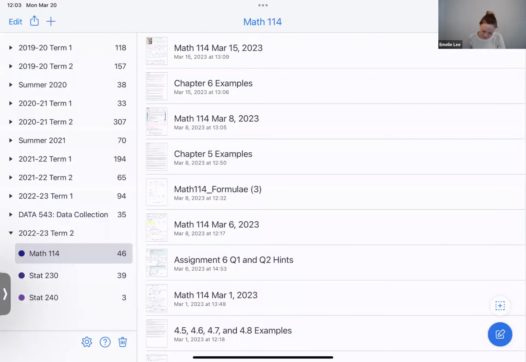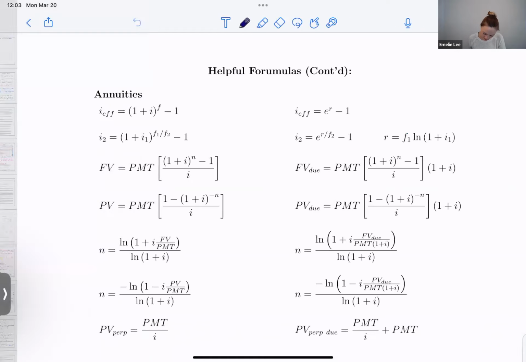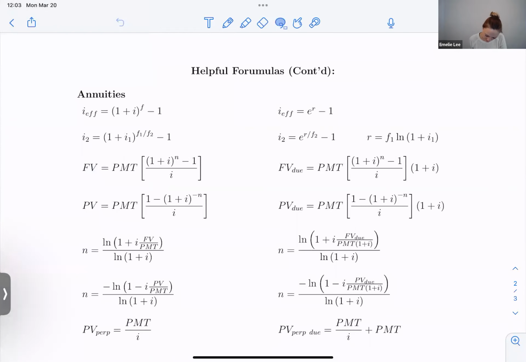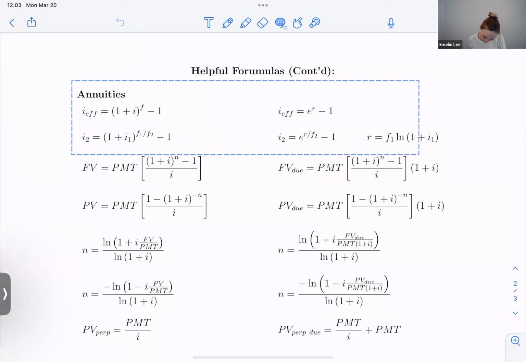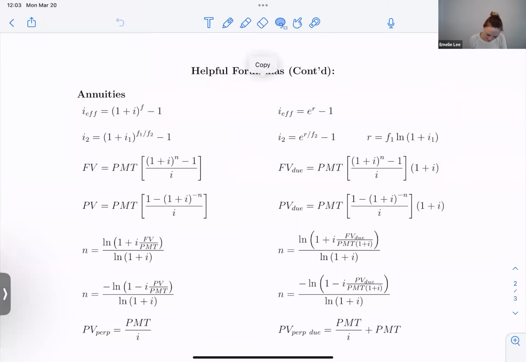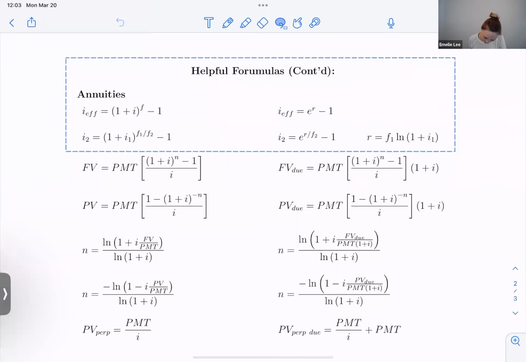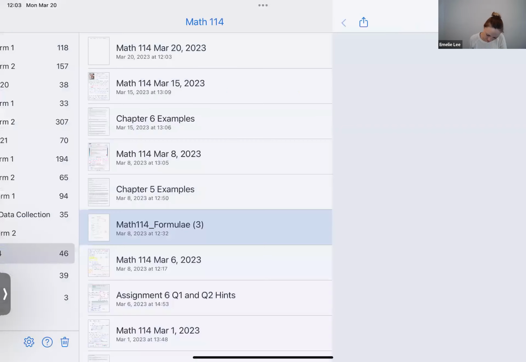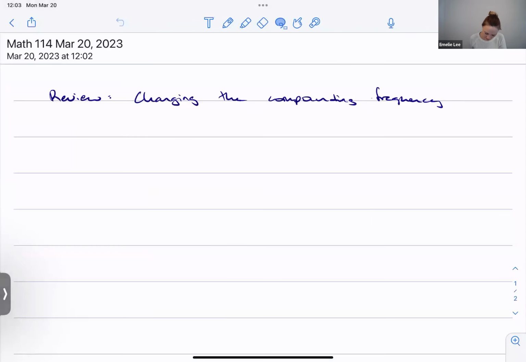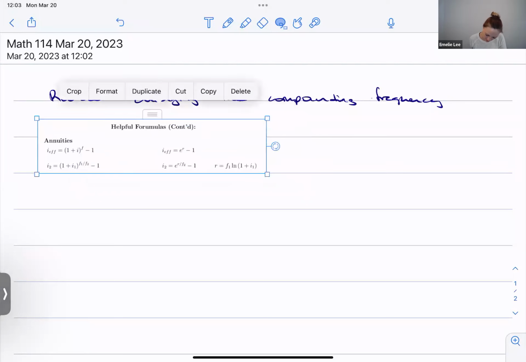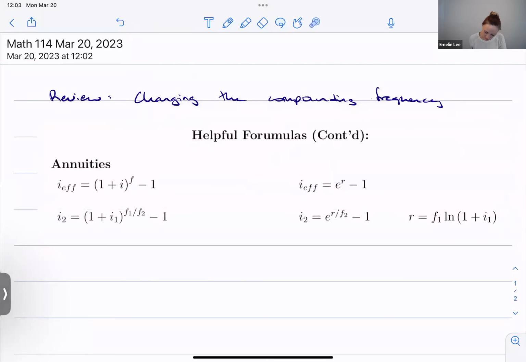And from our formula sheet, that is this top section here, on page 2 of your formula sheet. And so we went through,